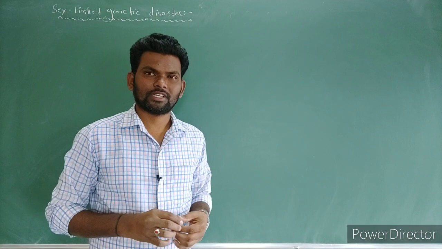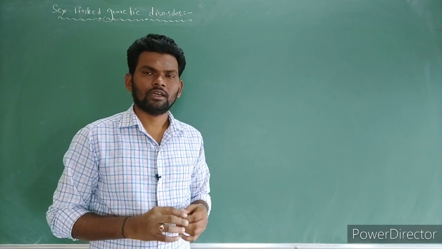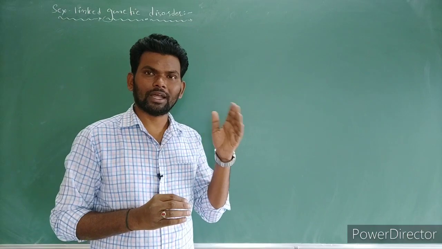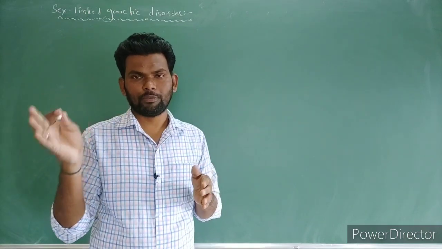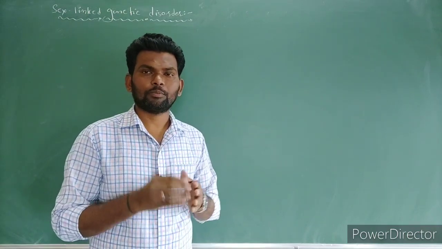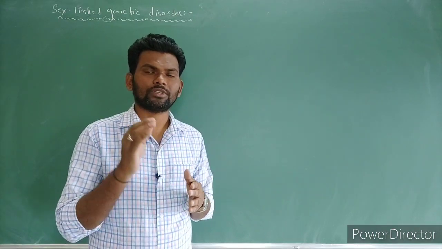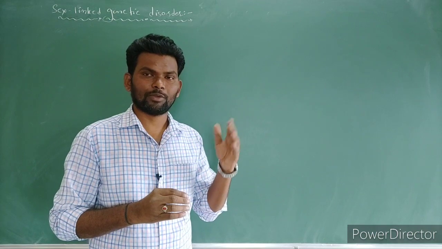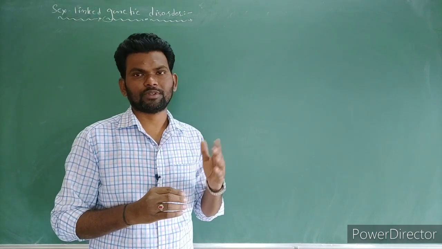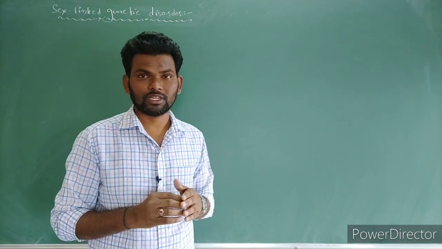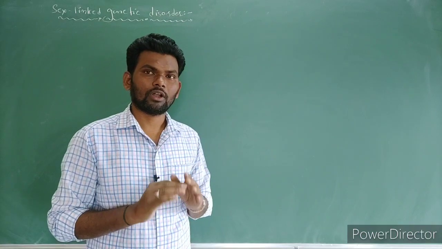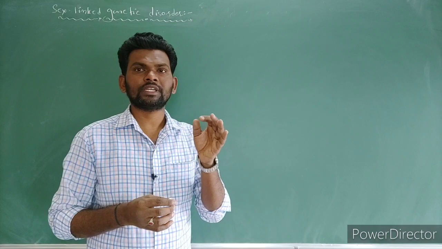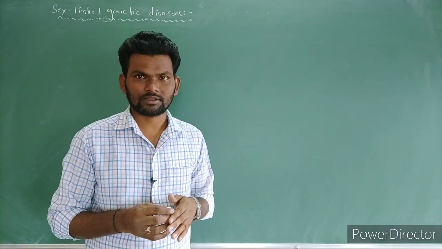Let's discuss one previous year question. The question is, if the cross occurs between one color blind male and one normal female, then how many of the progeny are suffering from color blindness? Options are: first option, 75% of progeny; 50% of progeny; 25% of the progeny; and fourth option, none of the progeny. Answer is what? No progeny is suffering in this cross.